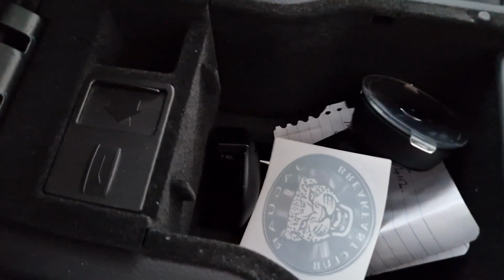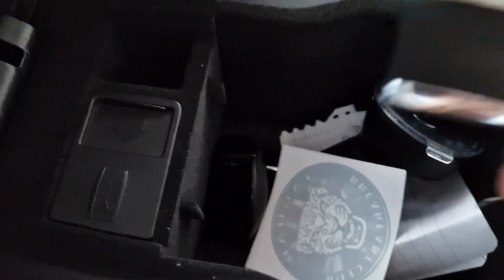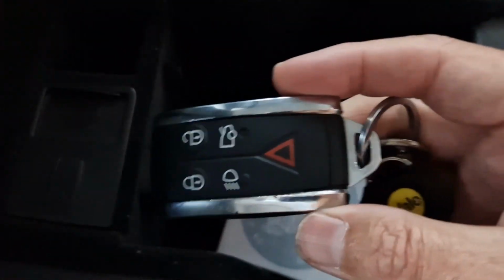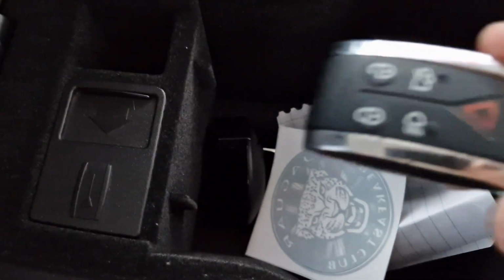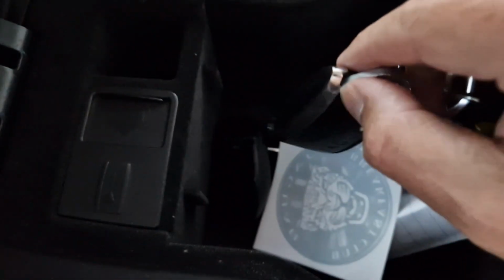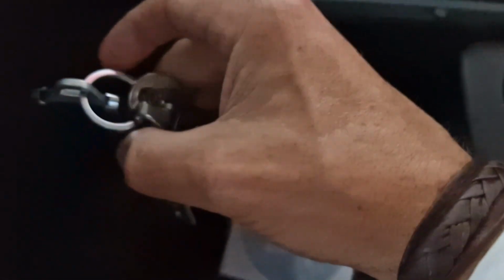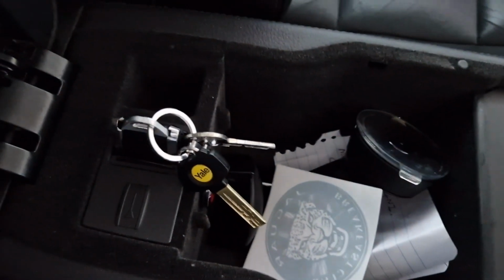So finally then, what's the purpose of this little compartment here? So if the battery has gone flat in here but you need to get the vehicle started, then Jaguar have handily allowed this key to be put into this little compartment. So what you do is you look for the triangle there, and that should be facing forward. Then you basically slide the door back over, and then you can put the